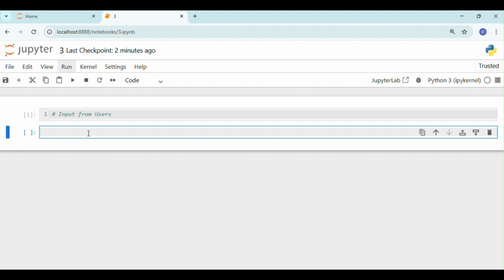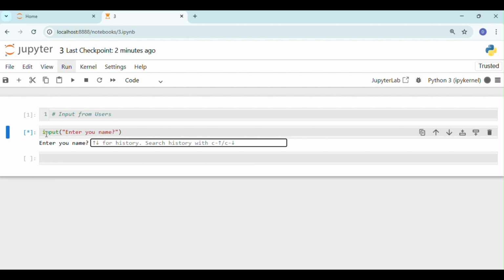Let's say I have to read input from the user, something like I would like to know his name. So within input, we have to pass the string, like the question you are asking. Enter your name,